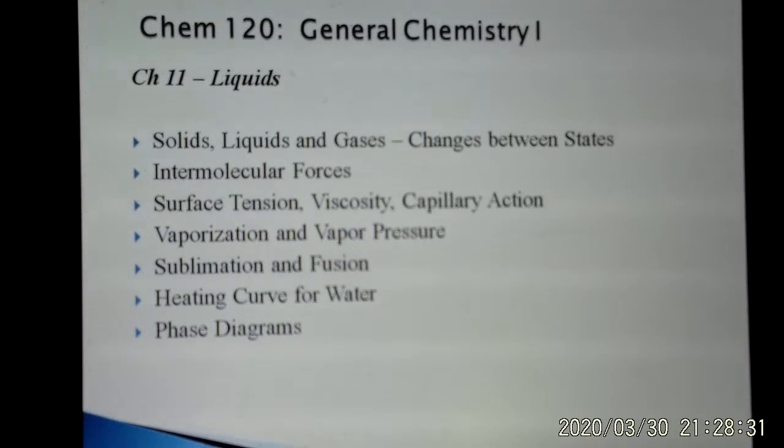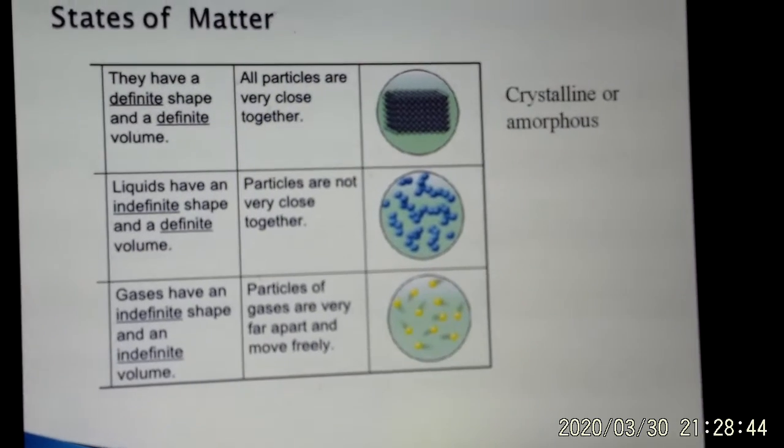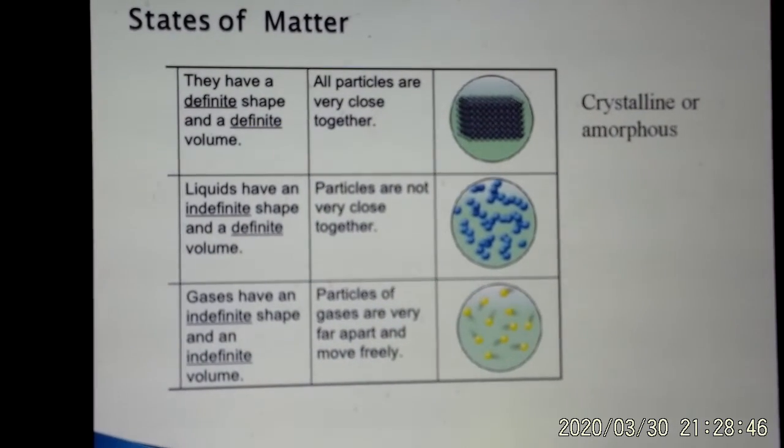Going to be talking about liquids and their physical properties in this chapter. So let's get started. Okay, so states of matter. We already talked about gases there. So we previously talked about